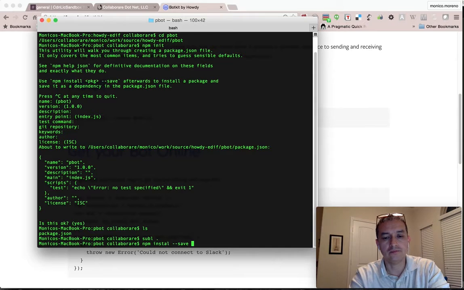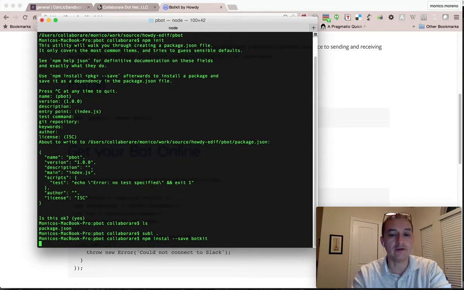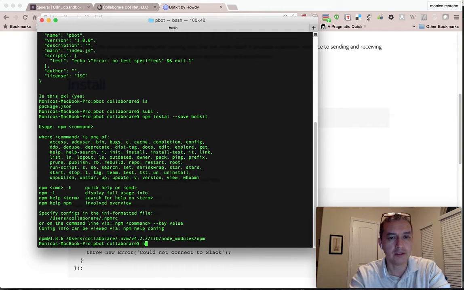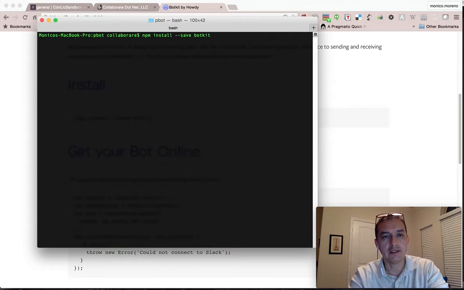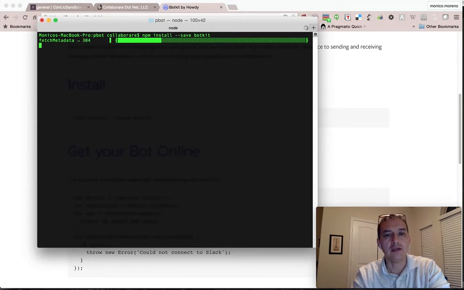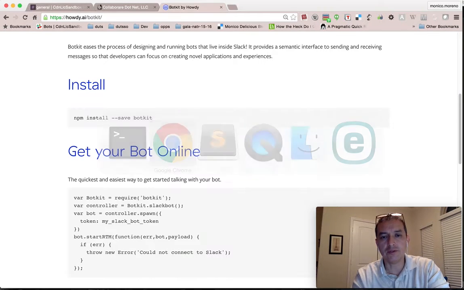to save that configuration into the package JSON file. So there it goes. Oops, I'm sorry. npm install. I guess I could have just copied and pasted that too. Botkit. There we go. And that's only going to take a few seconds, but while it's doing that, the first